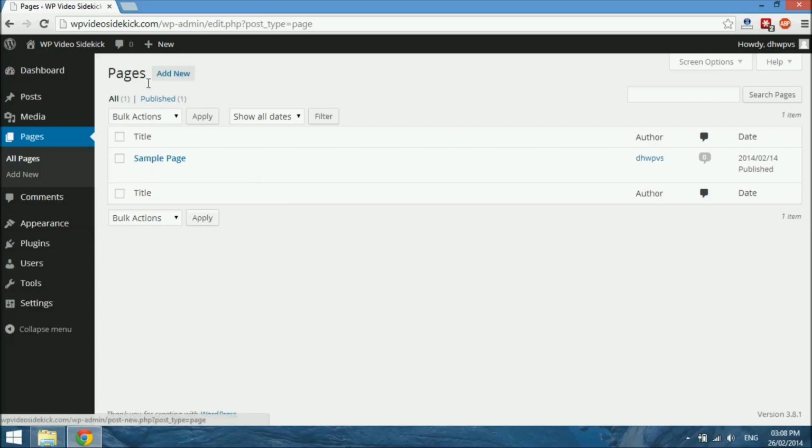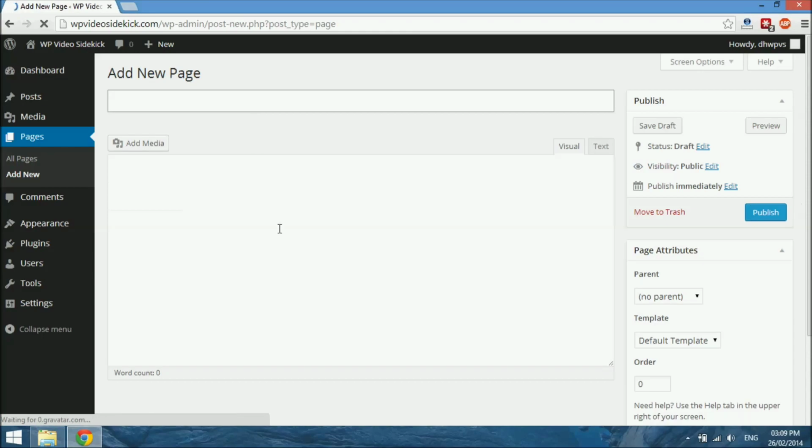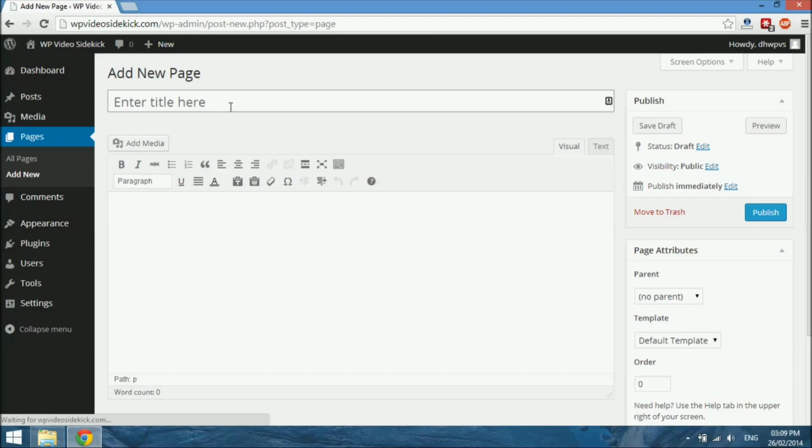So to create the new page, we just select Add New, and here we have a WYSIWYG editor, similar to when we were creating a post. And the first thing we want to do is name the page. I'm going to call this page About Me, and again I prepared some text,